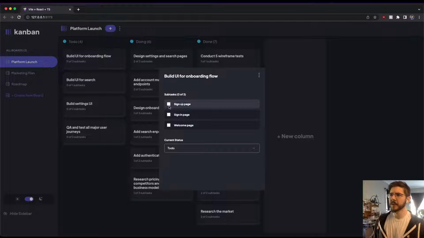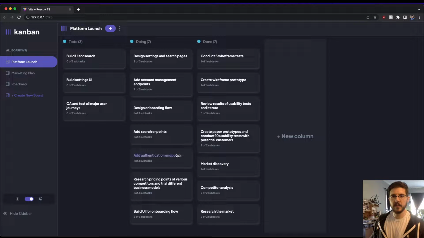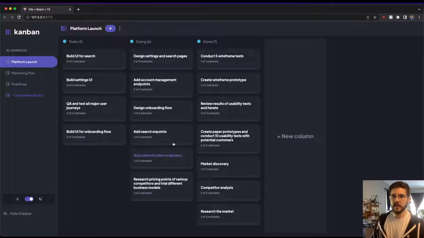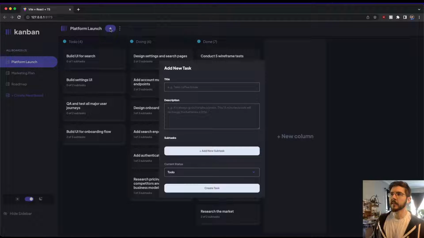We can check and uncheck our subtasks, and our count of completed tasks is changing. We have the ability to move our tasks between columns, which we looked at in the last video where we talked about Immer and how that helps make our state, our deeply nested object, much easier to work with. And now we have this little plus button working where we can open up a